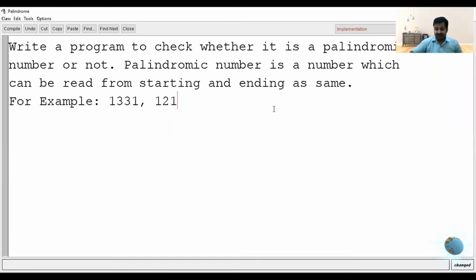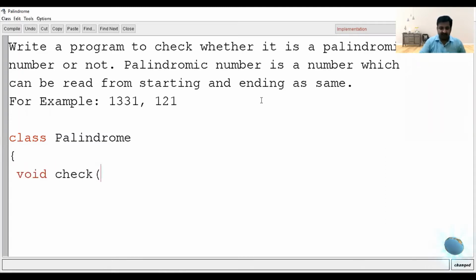Now let's make the program for palindromic number. We are defining a class Palindrome. After defining the class, we are defining a method void check, taking the input from the user, int num, as a parameter.